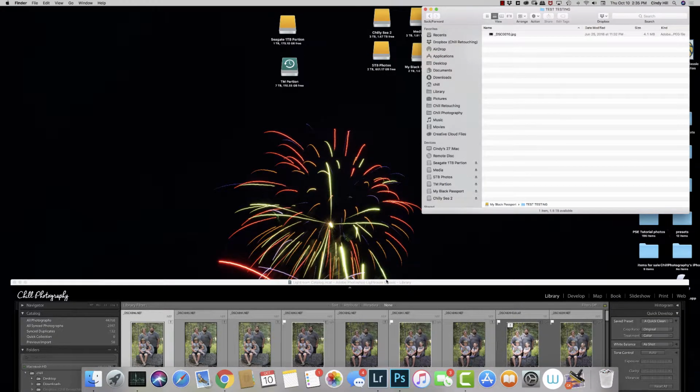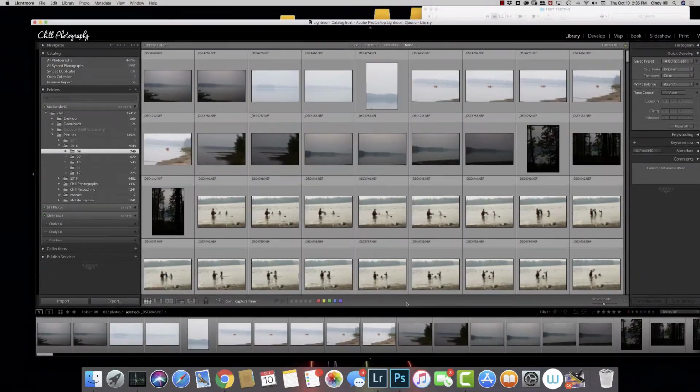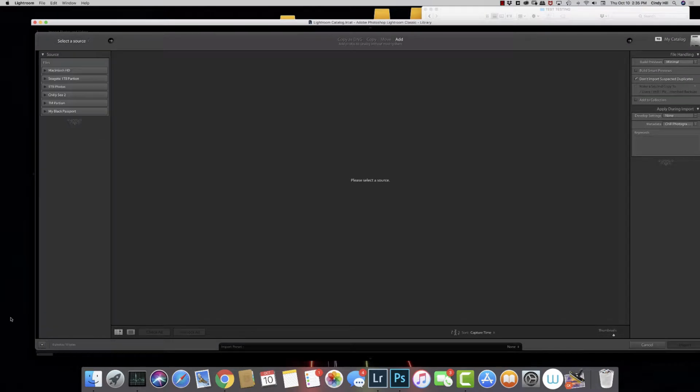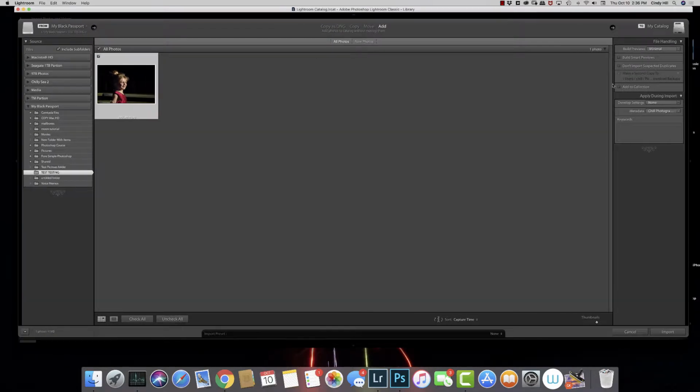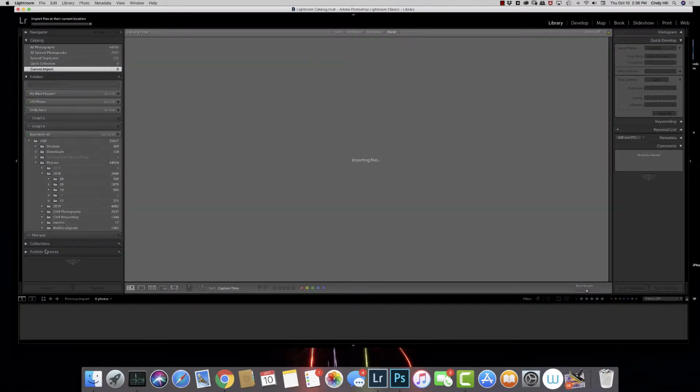All right. And then we go back over to Lightroom and we go import. And on the import dialog, all of your hard drives always show up. So we're just going to pick the one that I have. We're going to pick testing. We're going to import this one folder. Because that picture happens to be in Lightroom already, I have to untick don't import duplicates. And then we're just going to hit import. And what's going to happen is,